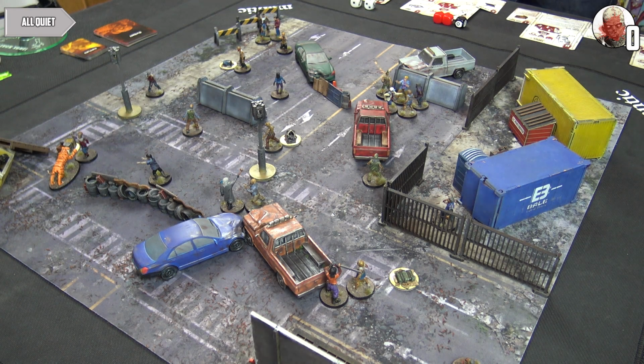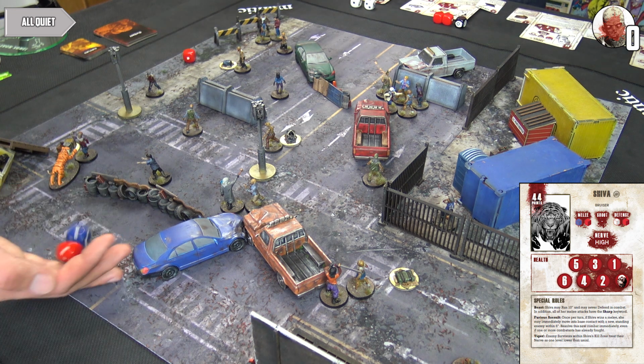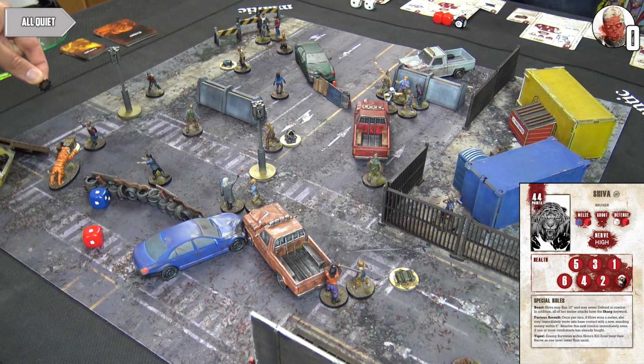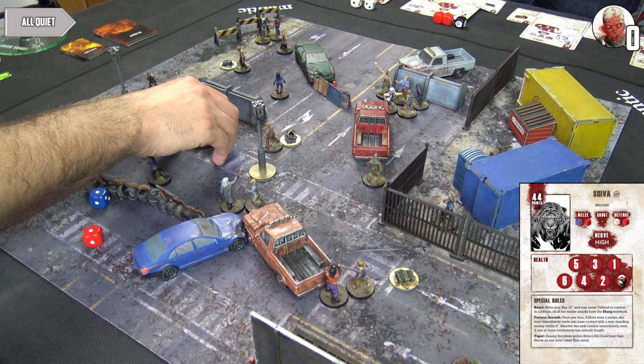Right, then we're going to start with my combat, so Shiva is going to start. She's going to attempt to just rip this walker to shreds. She'll be fine with her teeth. Blue and a red, you've got a blank. She gets 2, so she's only able to push it away and knock it down. It's not great. However, she has got Furious Assault, which means that if she wins melee, she can then immediately move into base contact with a new standing enemy within 6. So she is just going to move into base contact with...